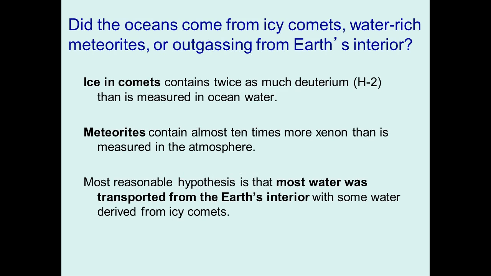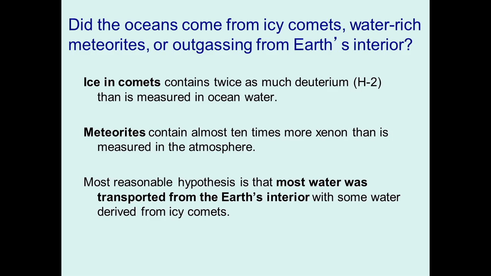There are 2 hypotheses for the origin of water on Earth. One postulates that the water derives from a terrestrial source, in other words, the interior of the Earth. The other postulates that the water comes from an extraterrestrial source. The extraterrestrial source hypothesizes that the water comes from icy comets or water-rich meteorites that impacted the Earth relatively early in its history. Although this is certainly a plausible hypothesis because comets are largely composed of ice and there would have been many more of them around during the early solar system, the ice in comets contains twice as much